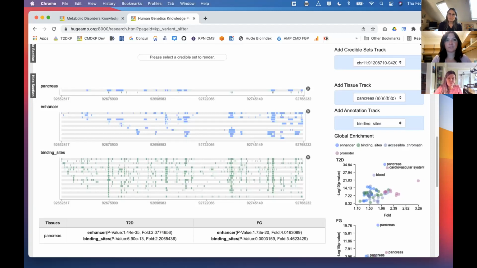That's coming. But right now, it is very compressed, so you really don't know what annotations go into that particular track or that summary. And then one other note, right now, Gregor is the basis of our global enrichments. We're going to be updating that to LD score regression as well in the future for more annotations.